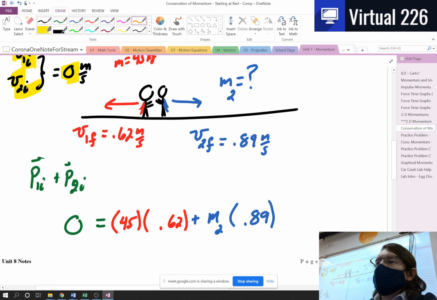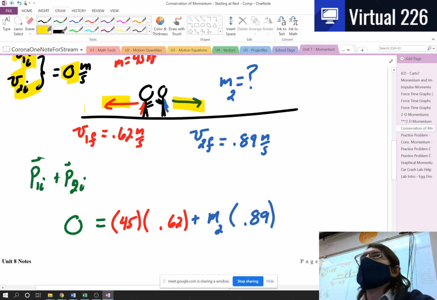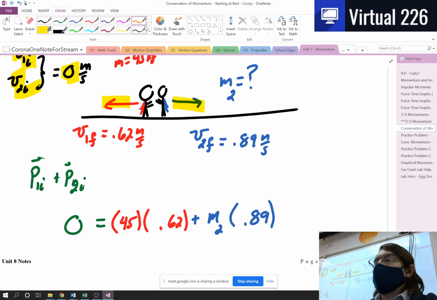Well, when we look at our two figure skaters, one of them is moving to the right, one of them is moving to the left. Because they have velocities, we need to make a decision. What direction are we calling positive? What direction are we calling negative? This is not a new decision for us. We've made these decisions hundreds of times now. It doesn't matter what you actually pick, but a decision needs to be made. So what would we like positive and negative to be?